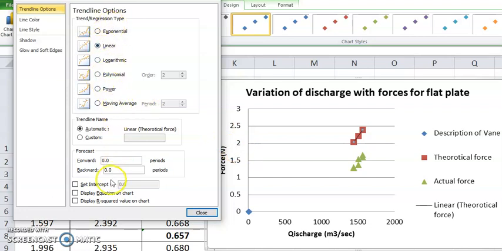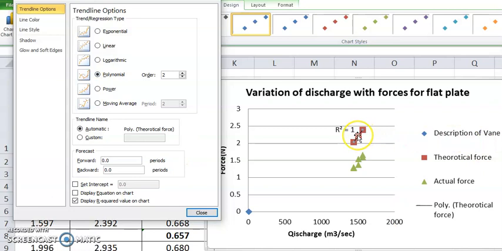The very first point is that there may be a behavior of the force along with the discharge. It may be exponential, linear, logarithmic, polynomial, or any trend line you can have. That will basically tell you the behavior. But which one is the best? The trend line which gives you the r square value close to 1 is the best fit line for that curve. Therefore we will see for all of these: exponential 0.99, linear it is 0.99, polynomial it is 1. So polynomial is giving you the best fit value.